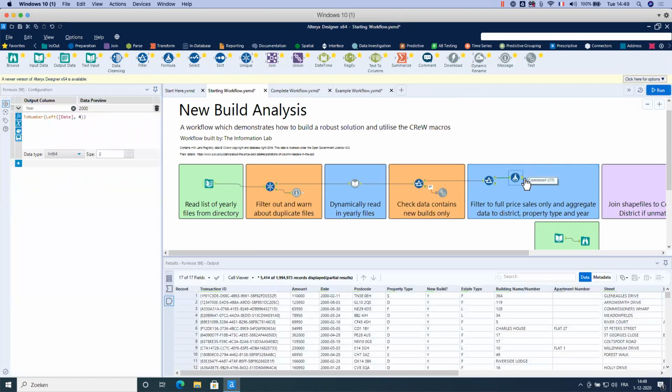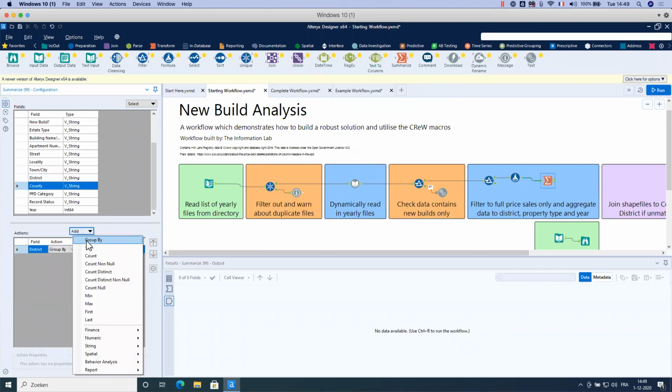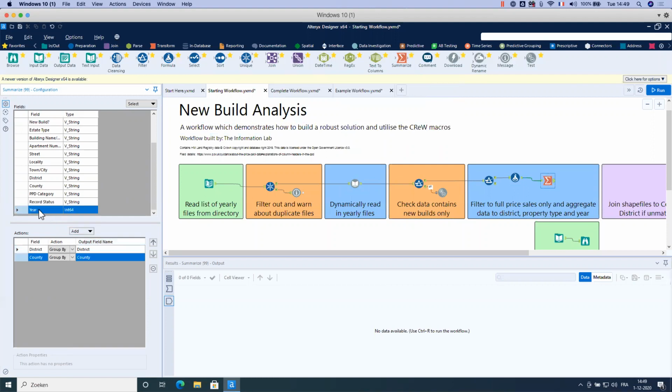I run it, and now I need to aggregate this data set by district, county, property type, and year. So I will add a summarize tool. So I drag this tool here. And so I group by district, I group by county, also by year.